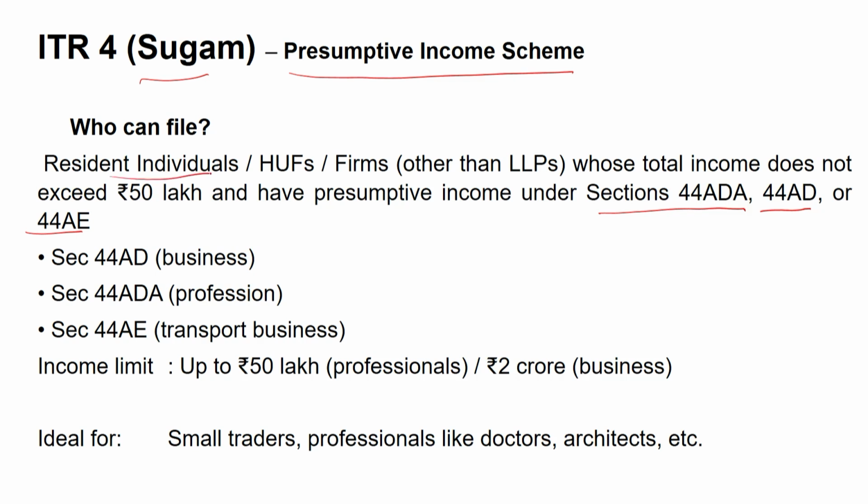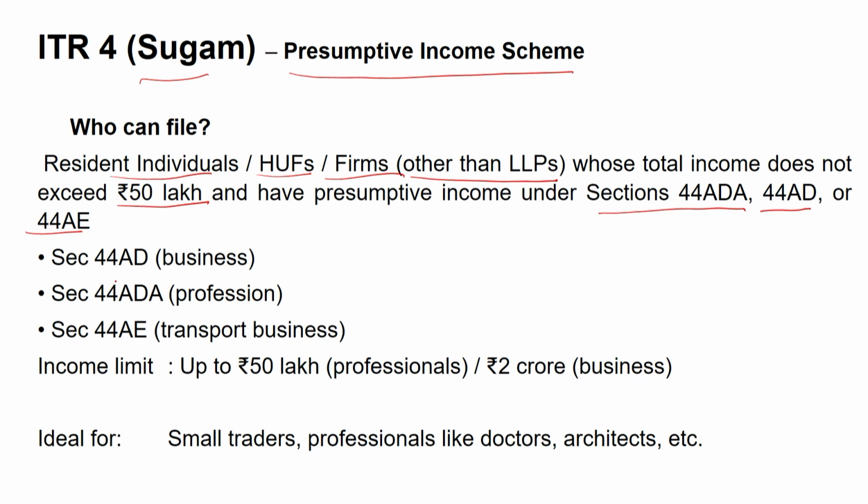So any resident individual who is running a sole proprietorship business, HUF, firms other than LLPs, that is limited liability partnership, and their total income does not exceed 50 lakh rupees, that means they have presumptive income under the sections of 44ADA, 44AD or 44AE, they all can file their return from ITR4,